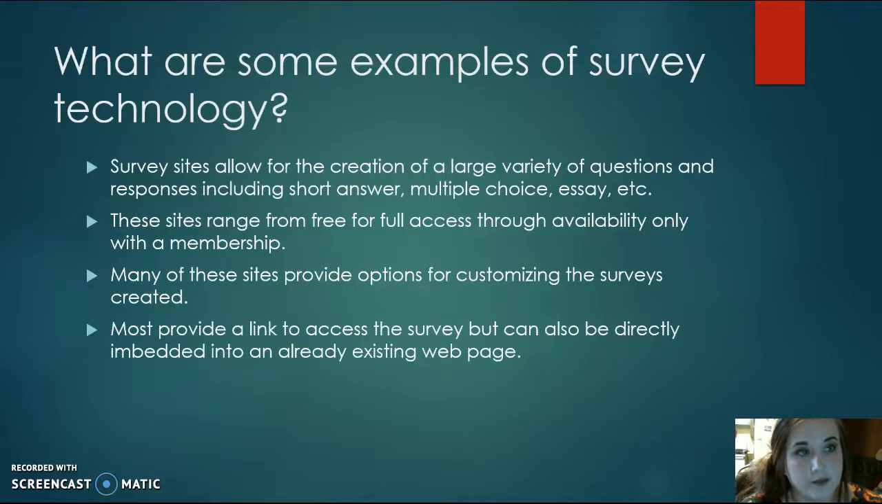What are some examples of survey technology? Well, survey sites allow for the creation of a large variety of questions, responses, including short answer, multiple choice, and essays. These sites range from free for full access through availability only with a membership. And many of these sites provide options for customization when the surveys are created. And most of them provide a link to access the survey, but can also be directly embedded into an already